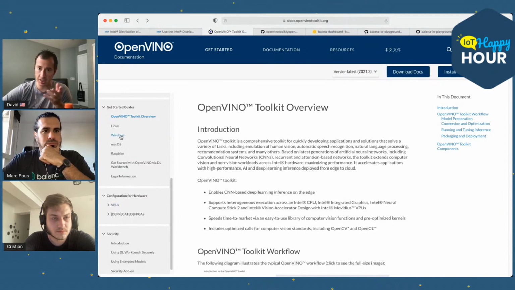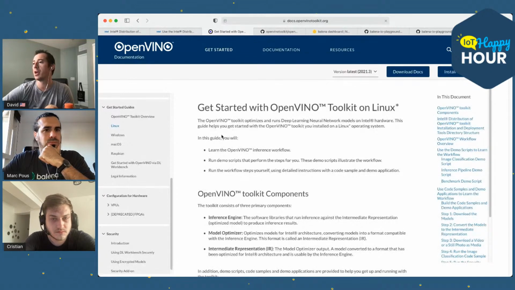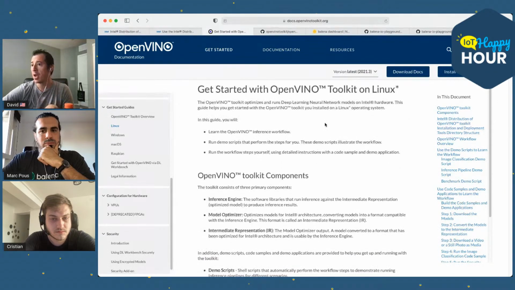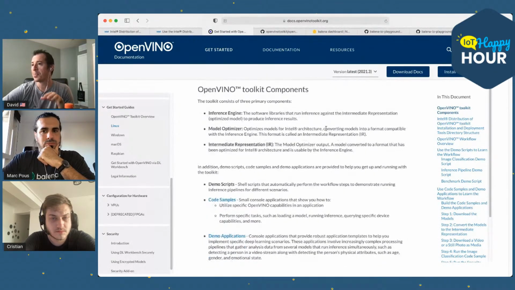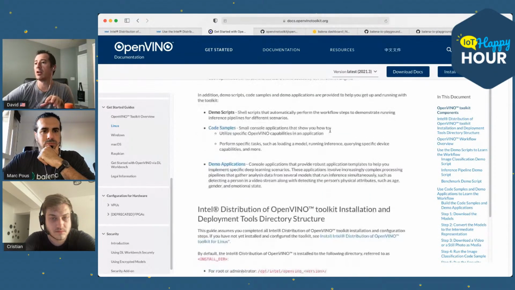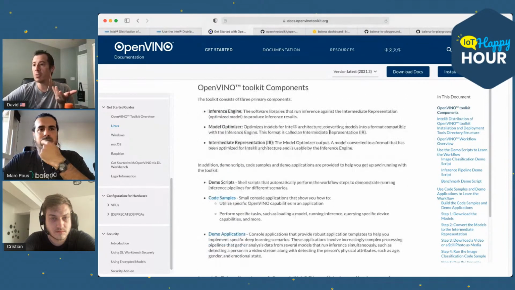For this example, I knew that I was going to be installing into a Linux Ubuntu container. So just having a quick look at their getting started with OpenVINO Toolkit on Linux, I was able to see that the toolkit itself includes pretty much everything you need: inference engine, the model optimizer, there's demos.